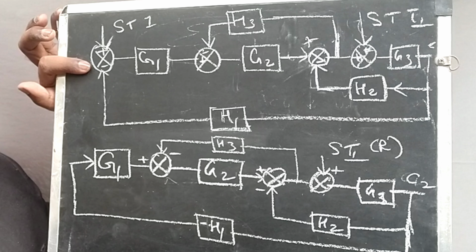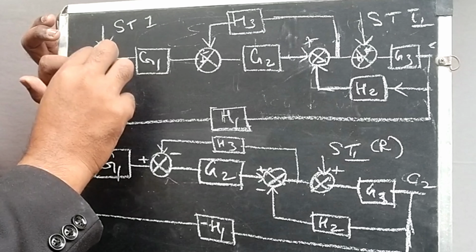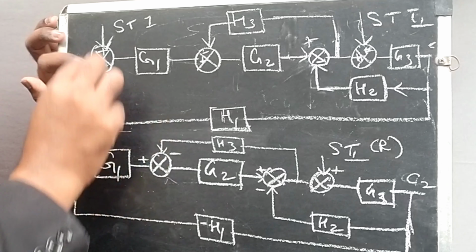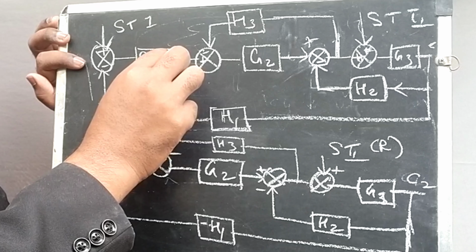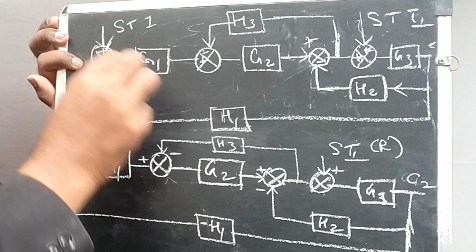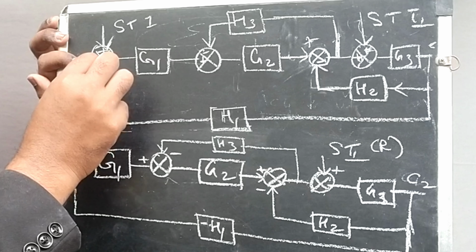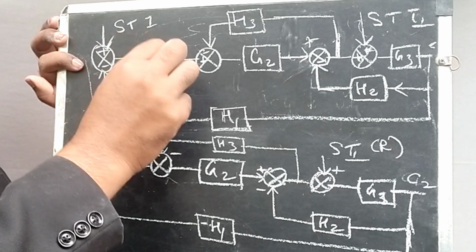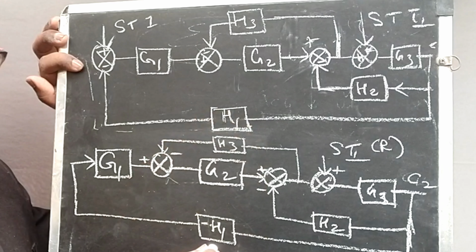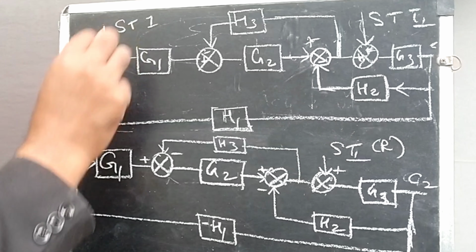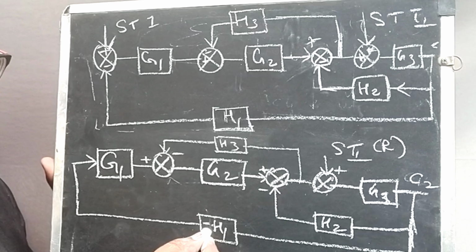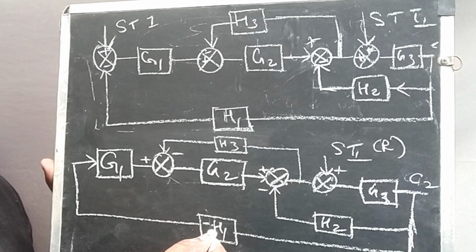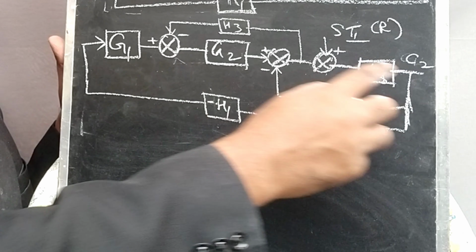Please don't forget, the most important thing is, once you are removing this station 1, this feedback path is connected to the G1. The most important thing is this particular minus sign, because this H1 fully depends on this minus sign. So if you want to join this H1 and G1, you just put minus here. So that is what I put. I just removed this station 1, but I didn't remove this minus sign. So I just put minus H1 here. Now it is converted into single input and single output.